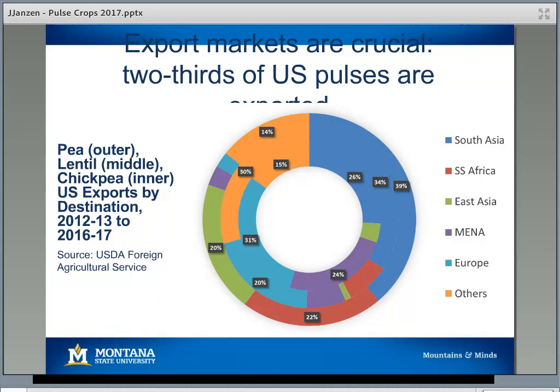In addition, they've used other kinds of non-tariff barriers. They had some restrictions on fumigation that really made it difficult for Canada and the U.S. to import pulses to India. And so because they're such a big, important customer, because these kind of things can come out of the blue,